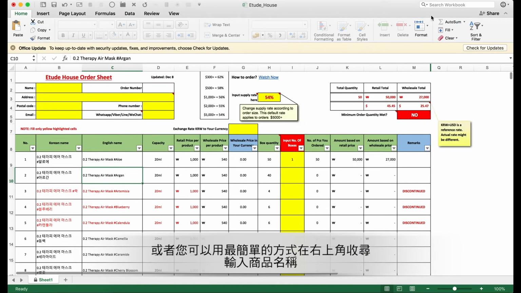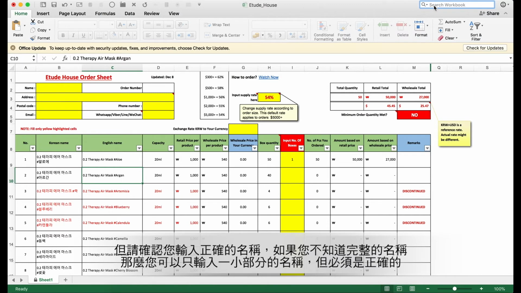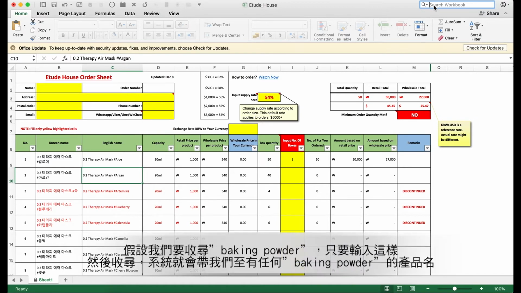The easiest way is you can go up to the search bar in Excel right here and type in the product name. Make sure you type in the correct product name. If you do not know the complete name, you can type one part of it, but it must be accurate. So for example, we are looking for the baking powder line. So once I type baking powder